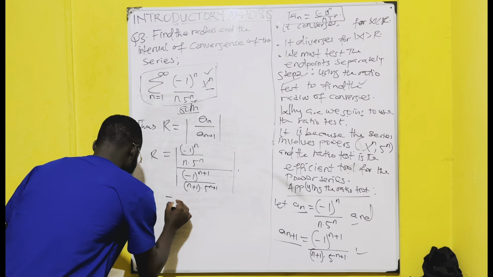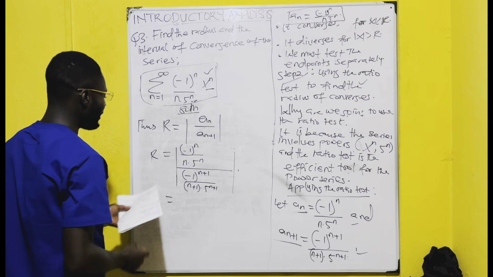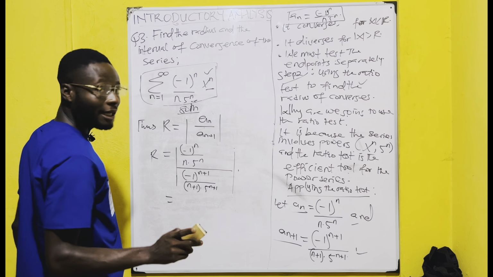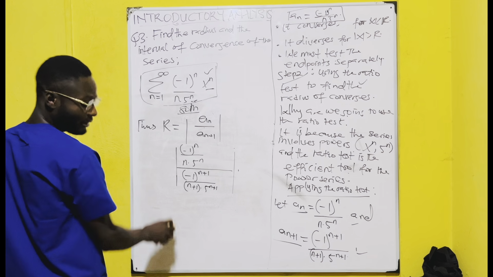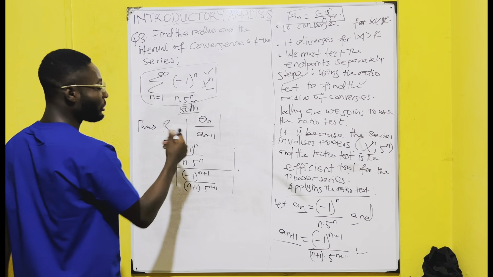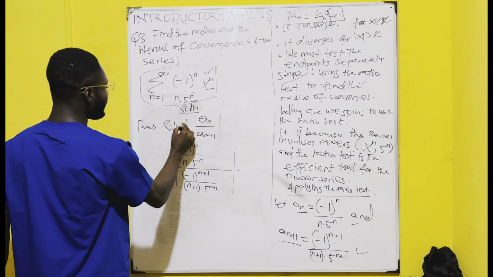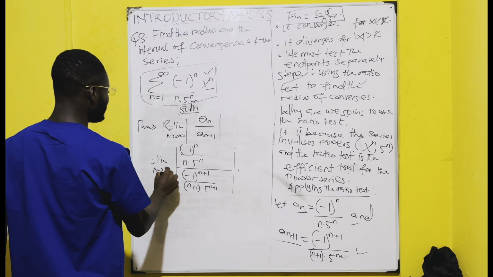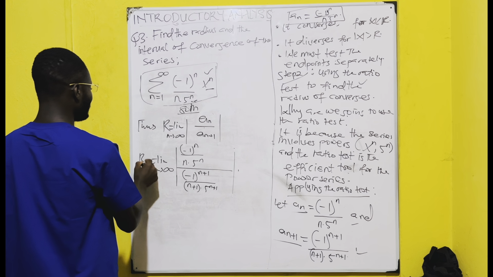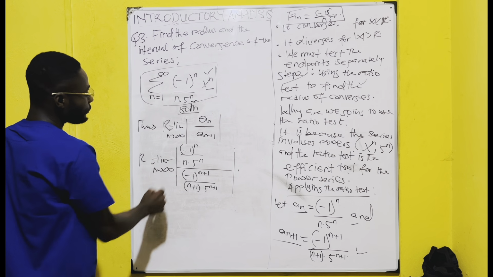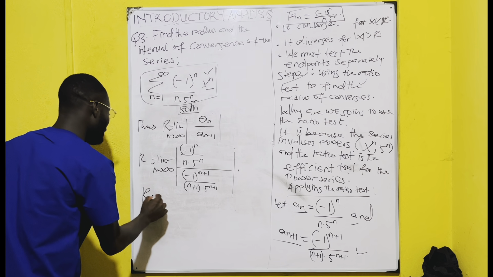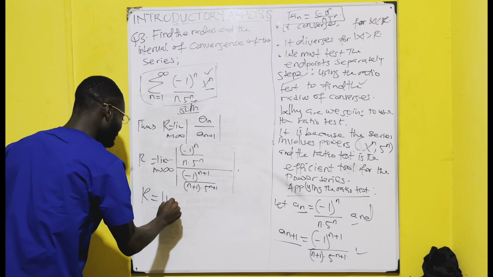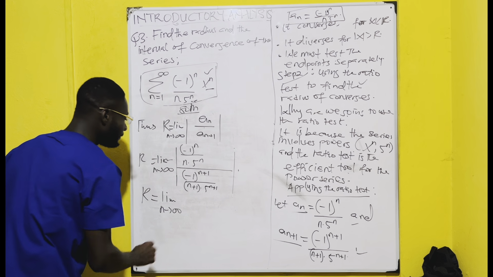So we say that this is equal to, let's apply the limit on them. We basically put the limit there, or we can decide to put the limit at the end of the work. Here n approaches infinity, right? So that is the ratio test. So we can say that our radius of convergence is equal to the limit as n approaches infinity of